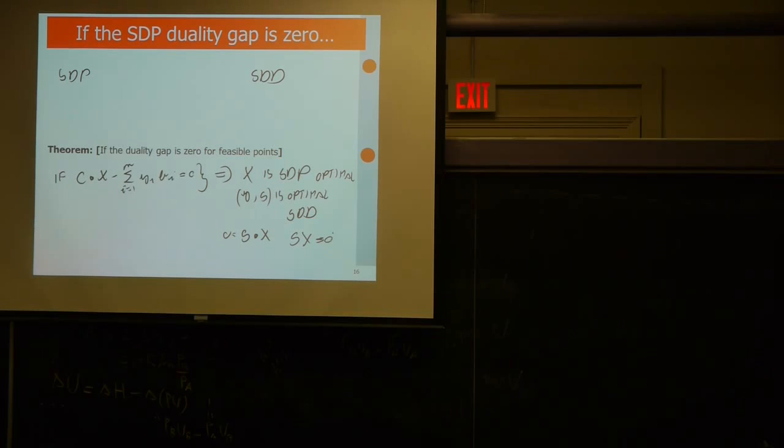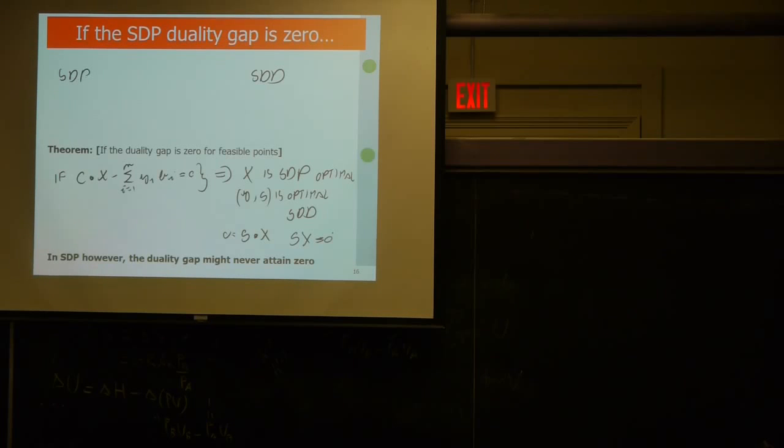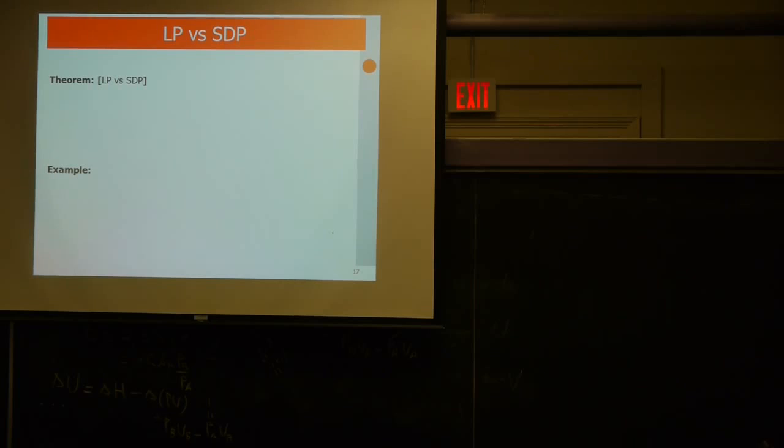But now there will be something surprising happening. In semi-definite programming, it might happen that you will never reach this zero duality gap. And this can happen in two different ways. Here is one. So in semi-definite programming, it might happen that infimum